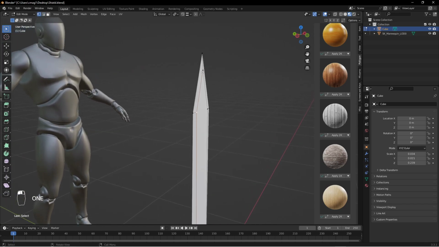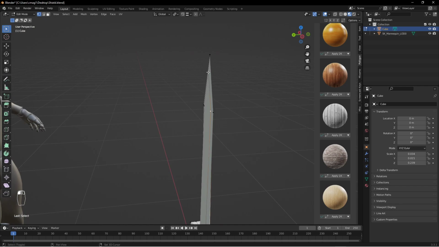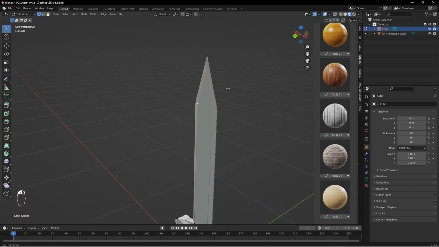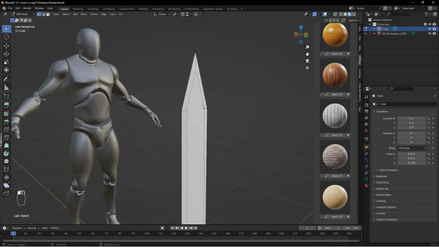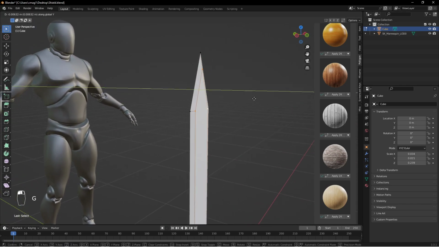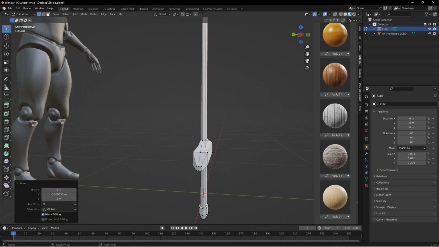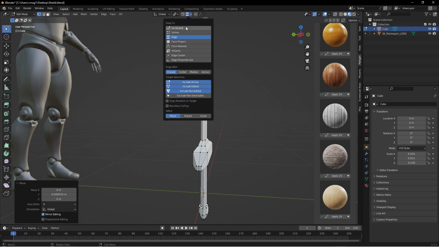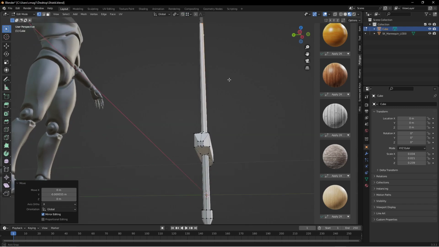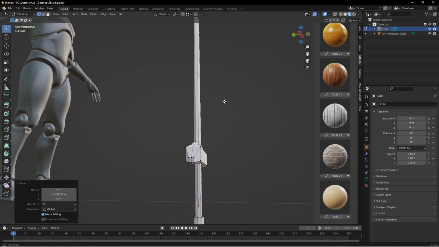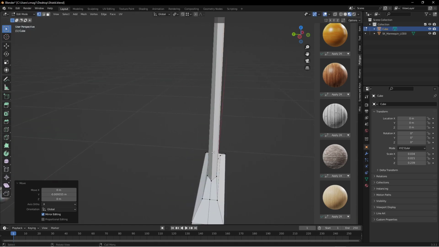You do the same thing with all these. Maybe it'll work with... Nope. So we'll just grab these vertices, G, Y, and just kind of thicken the blade up a little bit. So I want it to be in line with this one though, so we can do something similar and snap it to a vertex. So now that I have those top three selected, if I G, Y, and then target,